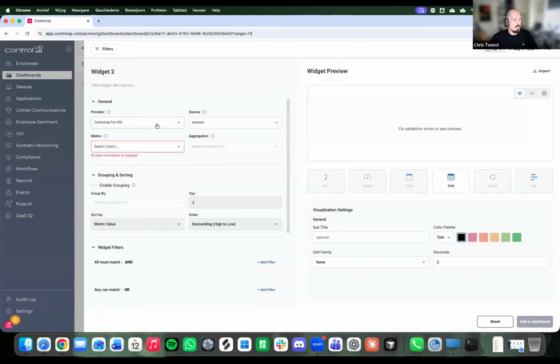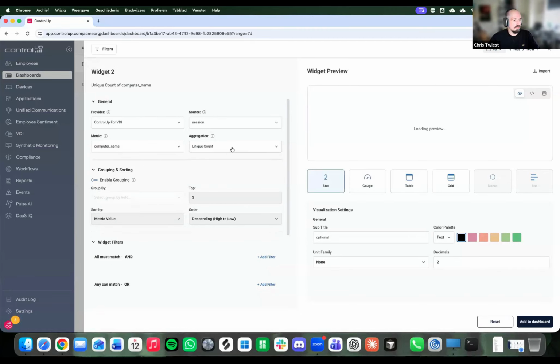So we have the VDI currently. Currently, there are some limits. VDI actually recently added unique count, so we can do a computer unique count. That's new. They added it, I think, about 2 weeks ago, but there's still no time series, so you can't have a graph over time in VDI yet, but that's coming too. It should be out in 1 or 2 sprints, which means in 2 to 4 weeks, we'll have time series in there too. So yeah, this is a big one. We have ControlUp for VDI.